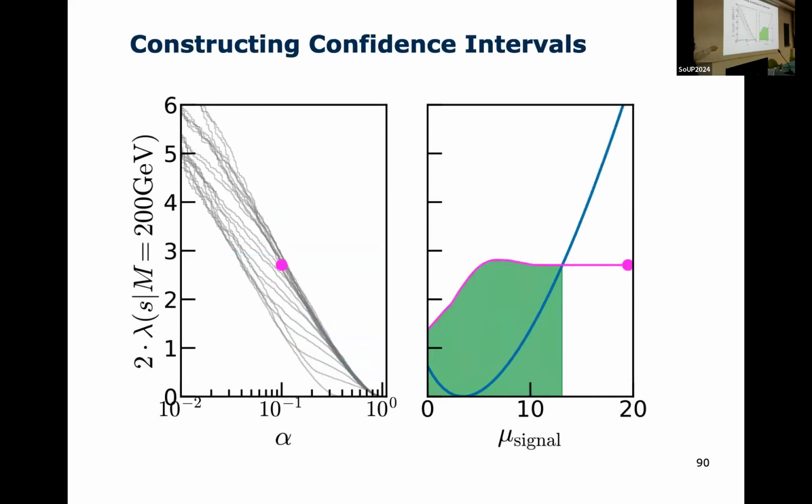Again, you see here all these lines also start to agree more and more. This is the asymptotic limit here. They don't quite agree in the far quantiles, but in the near quantiles, these guys are starting to converge. And this is saying that in 90% of cases, for signals that are roughly 10 or above, this 90% quantile is always around 2.7. So your upper limit is always the intersection with this 2.7 if it's above 10.